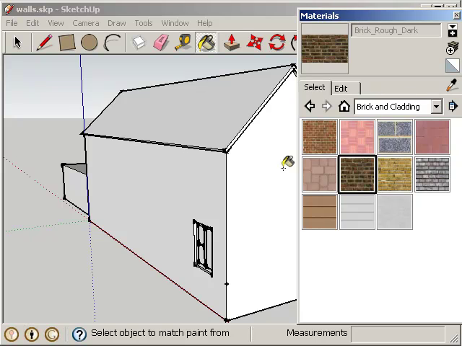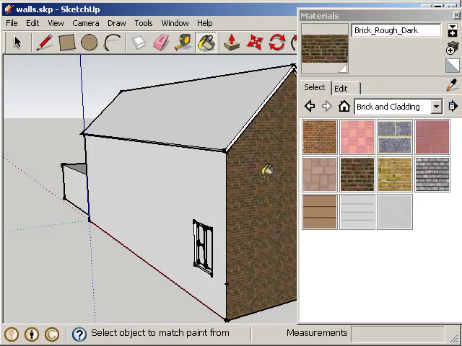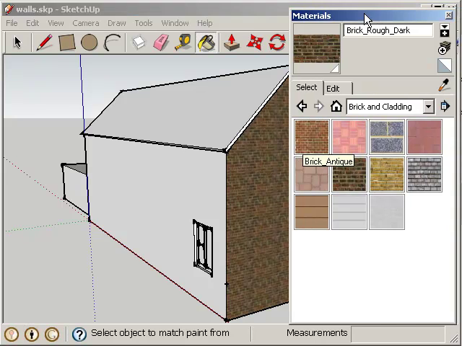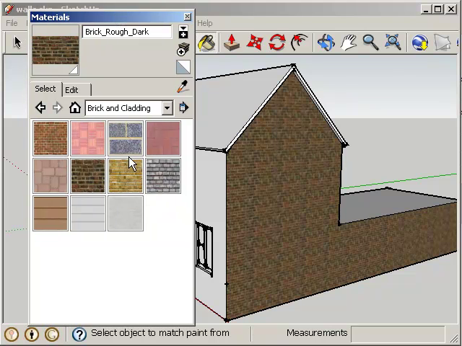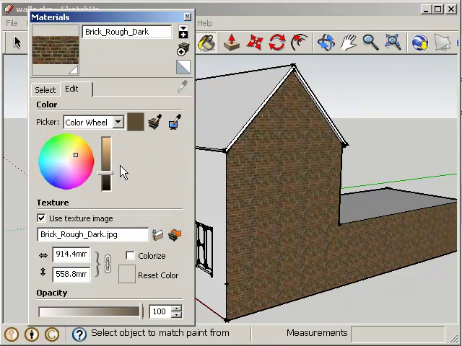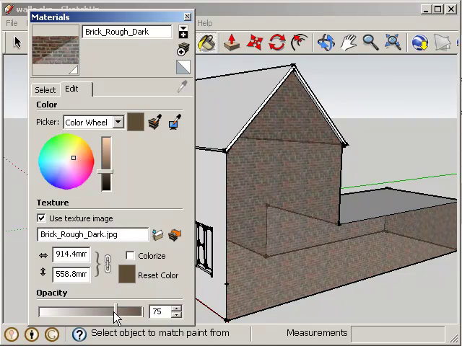You get the paint bucket icon, just click on the surface that you want to apply the texture to, and you've got a nice brick surface. That's the default colour. You can play around with the colour, the hue, the saturation. You can make it lighter, make it darker, just fiddle with it. You can alter the colour balance to whatever is appropriate for your model. You can alter the opacity should you wish to,